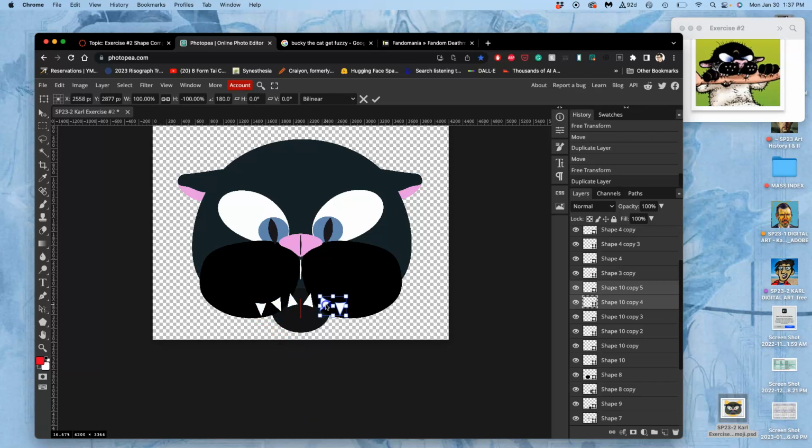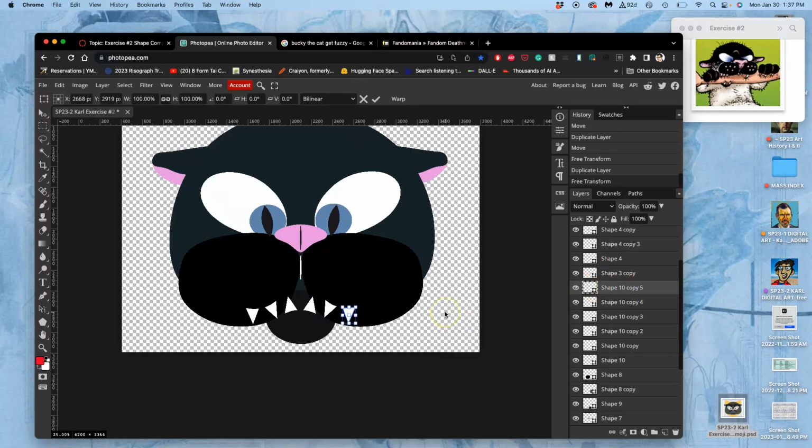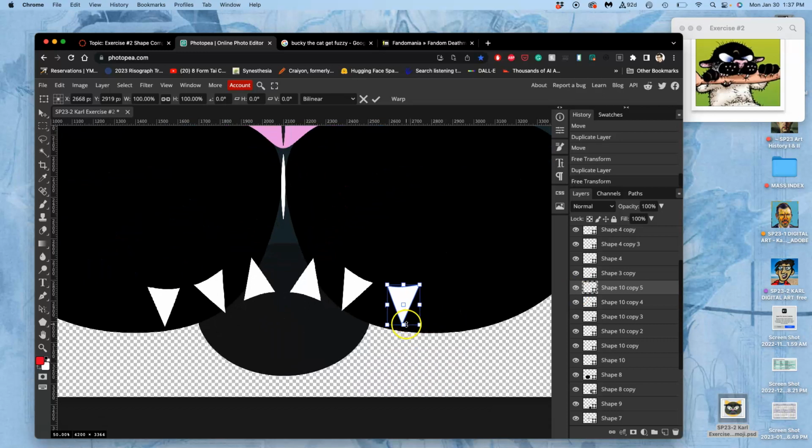And what makes him bucktooth is that one of these is going to be a lot longer and one of these is going to be shorter, which is nice because I can separate them and then individually adjust them. Like hold down Shift and stretch this out